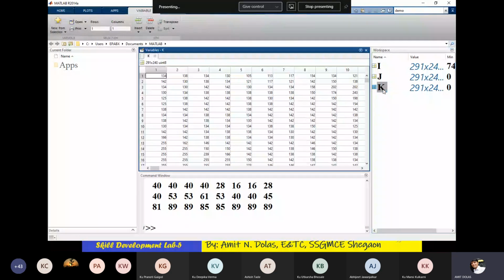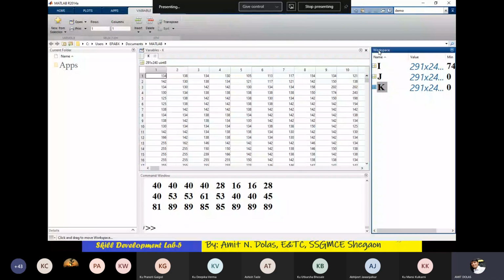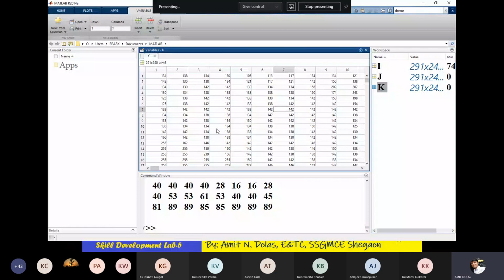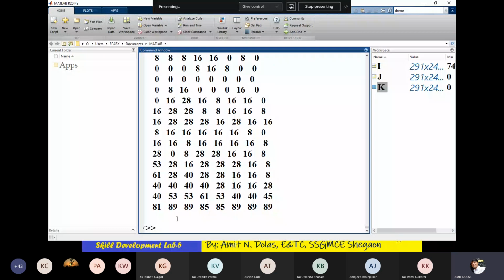So you can see one more matrix is generated in the workspace, which now has variation of the frequency because the histogram is now equalized. You can see 65, 61, very few low intensity values here, and again the high intensity values. Earlier we discussed the I matrix 198. You can see here 198. Now we'll see the graph of imshow, that is the new image form, that is k.